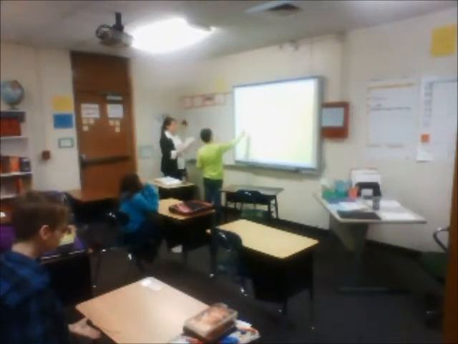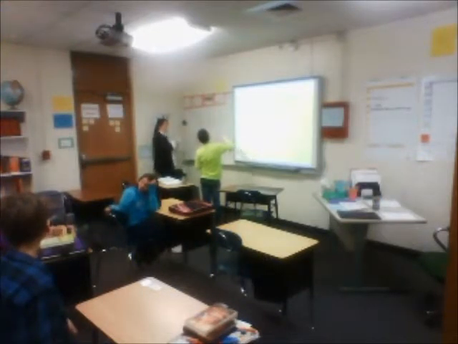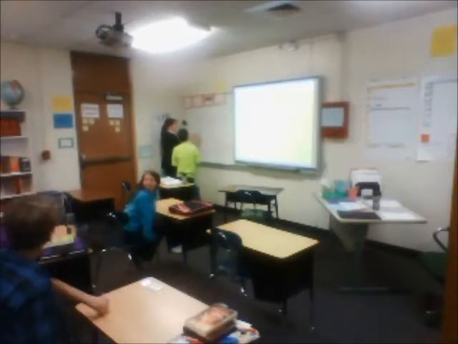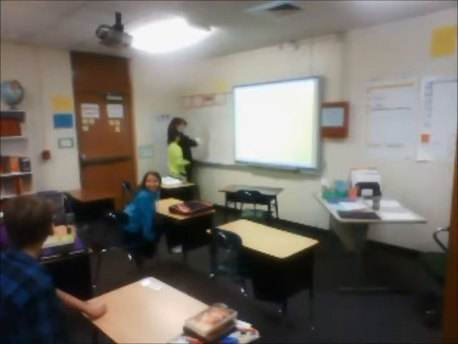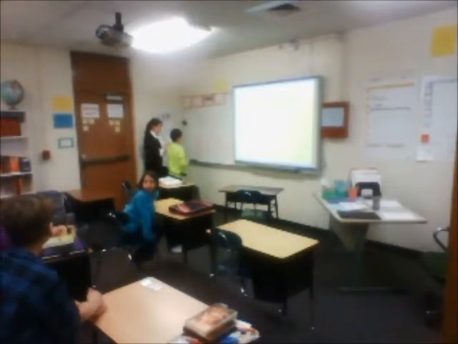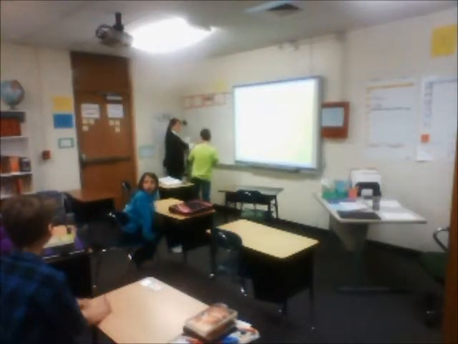All right, Tyler, point to the one. Don't touch it yet. That is what? That is a right triangle because it has three equal sides. Now, when we talk about right triangles, are we talking about the side?